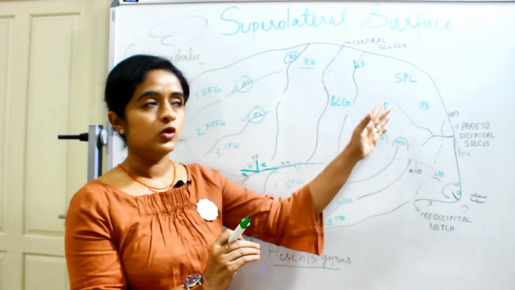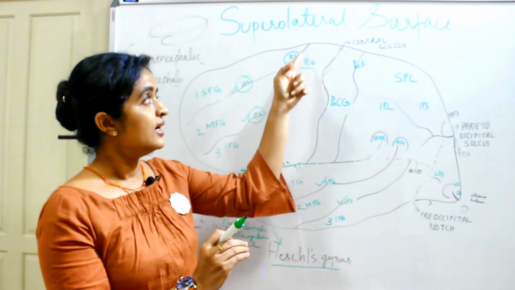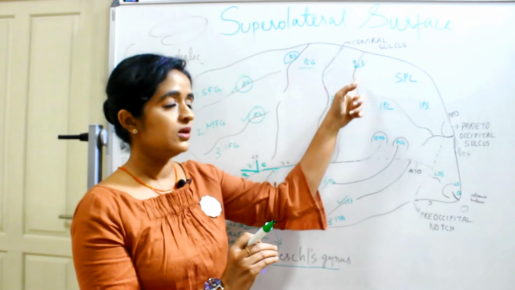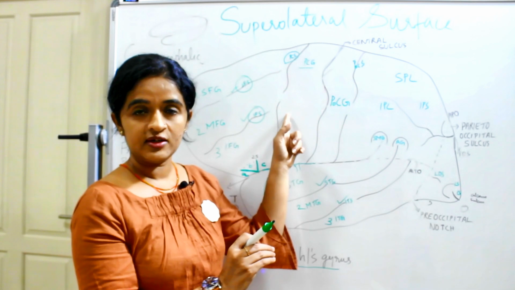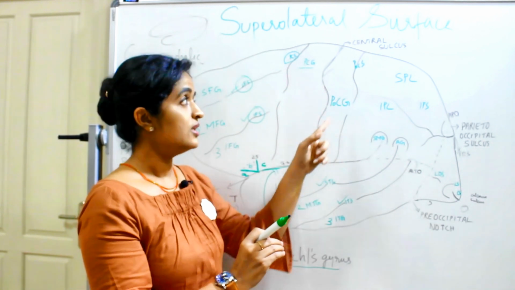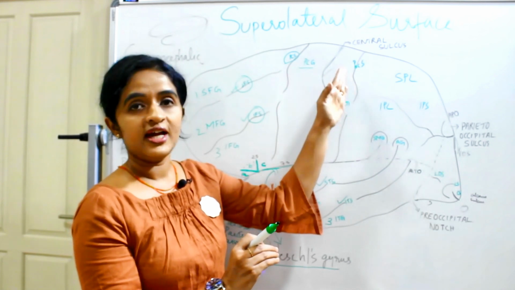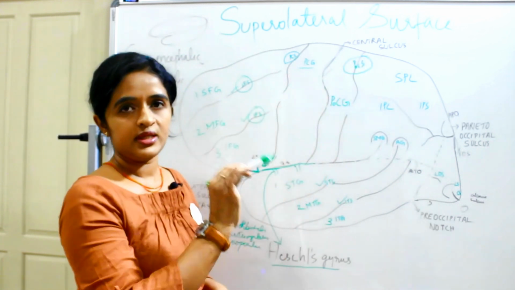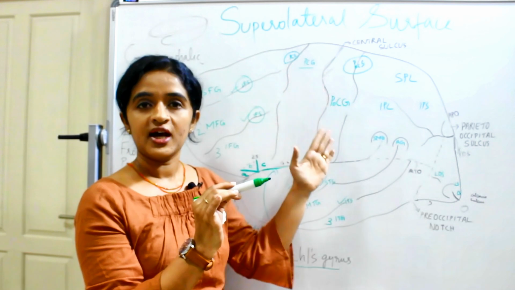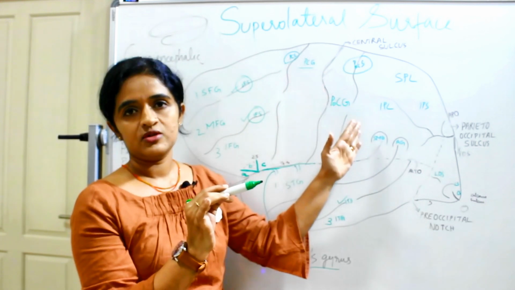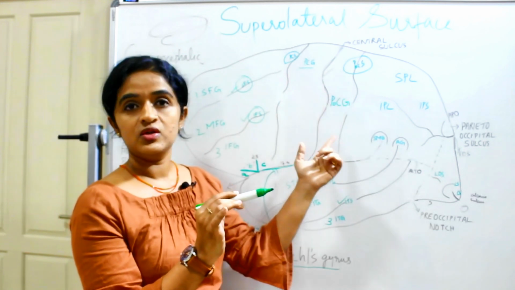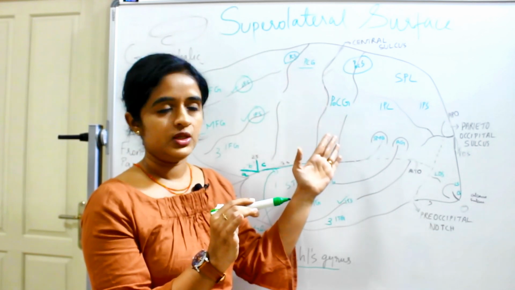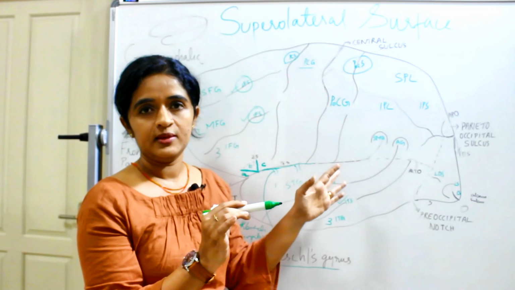Okay, coming to the parietal lobe, similar to the sulcus which you got parallel to the central sulcus anteriorly, you get a sulcus running down, that is known as the post-central sulcus, since it is lying behind the central sulcus. This is not continuous, just like the pre-central sulcus. Only the central sulcus is continuous. So the post-central sulcus is also broken in between.